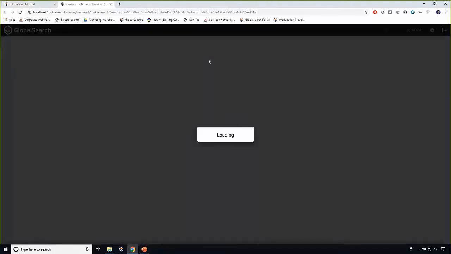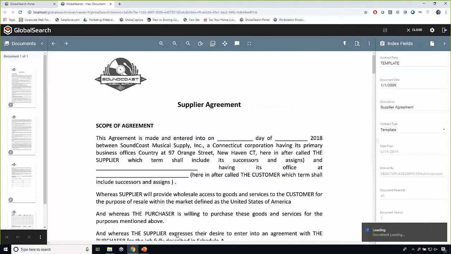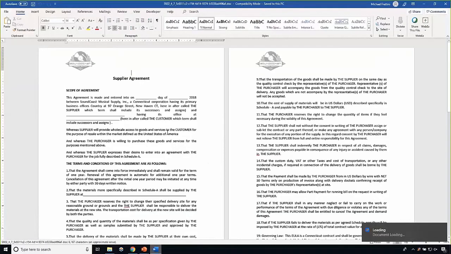Now this document is a Word document, so upon finding this template, we can take this document out into Microsoft Word and begin working on it just as we would any Word document. So we can say this is